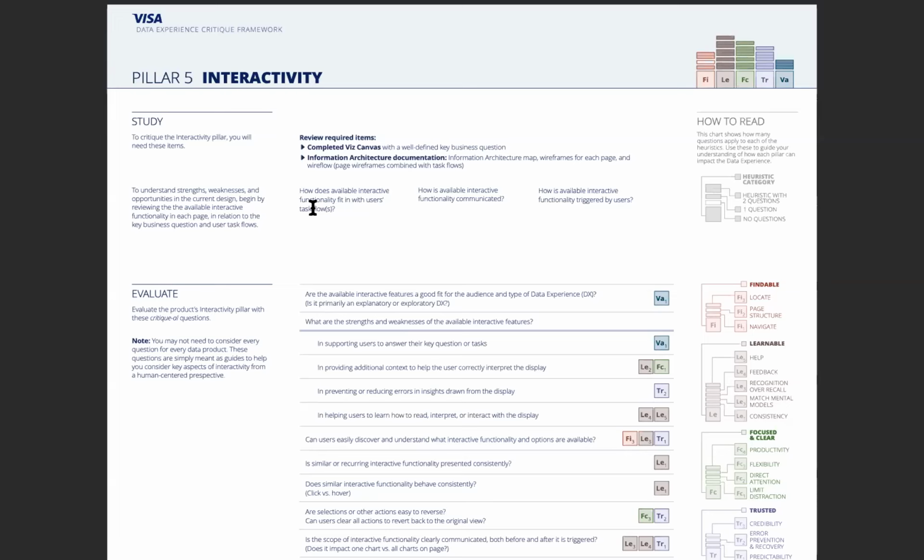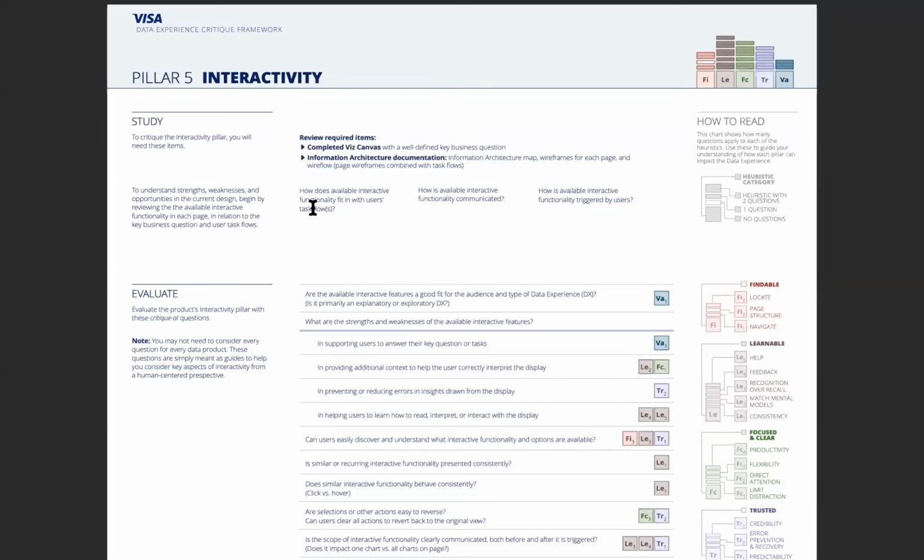And then below that, we have questions and activities that help us to really closely review the data viz, and in this case, review the interactions or the interactivity layer for the viz, so that we really understand how users would see and understand the available interactions with the current design.